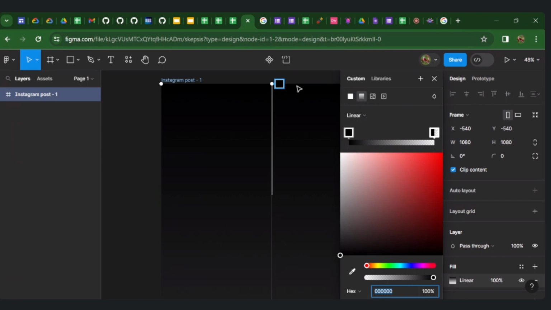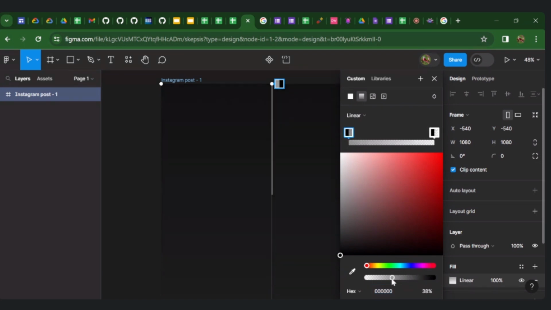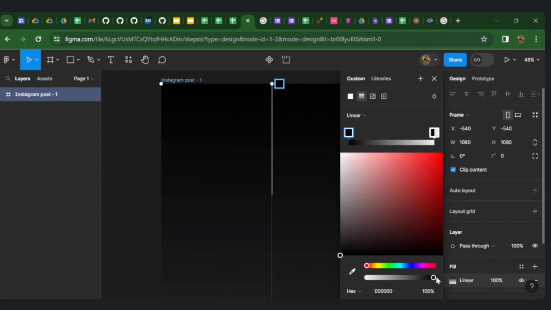For example, this is the top section, and I'm giving this a gradient; black is already there. With this slider, you can increase or decrease the opacity of the color. So this is black at 50% opacity. This looks blackish on the black background, but once you export this or put it somewhere else where the background is not black, it might look a bit off. That is it. So I'm keeping this to 100%, and for this one,